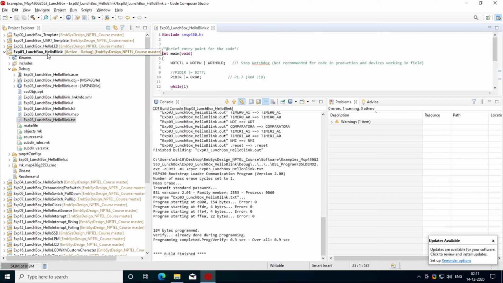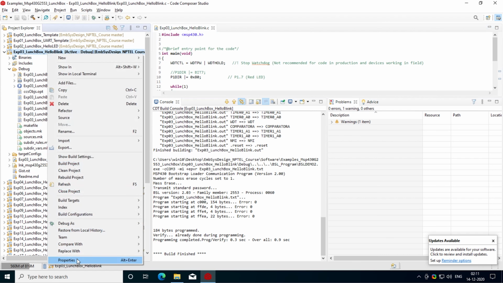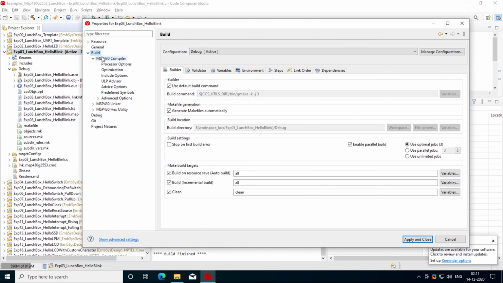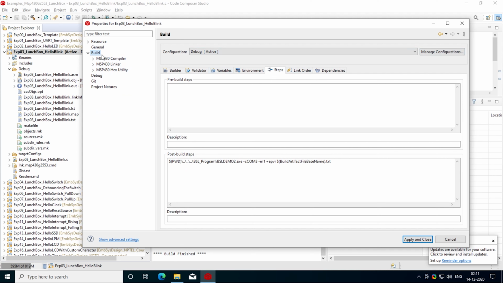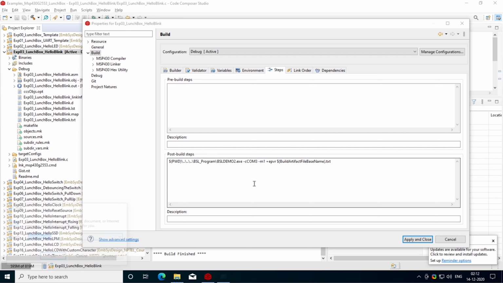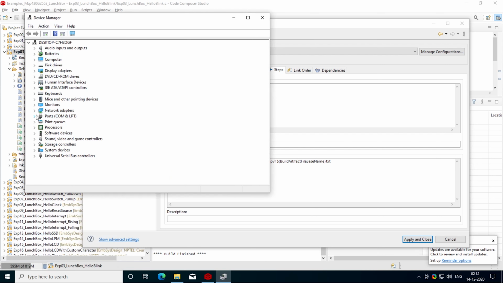To program the hardware, you have to first confirm the COM port that is mentioned in the configuration. You have to go to this build, then steps to find the COM port number. Since I have already shown you the COM port number is 3 in our device manager, just press Windows R, type devmgmt.msc and press enter.